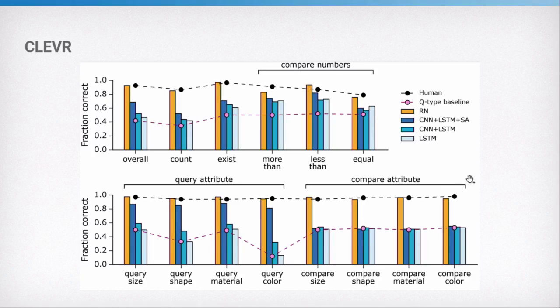These are the compare attribute questions, and these types of questions involve some very complicated comparisons of shapes all across the scenes. And the best baseline from the Clever paper, which consisted of ResNet embeddings with a big LSTM and stacked attention, did not perform well on these types of highly complicated relational questions, whereas our model, with just a simple convolutional neural network augmented with this relation network, managed to solve these questions.